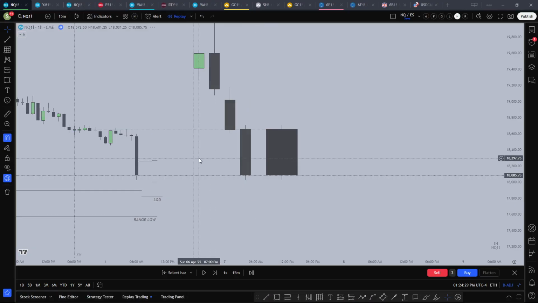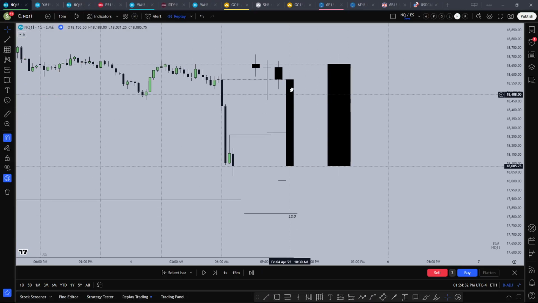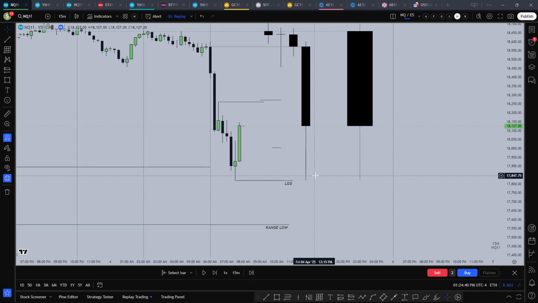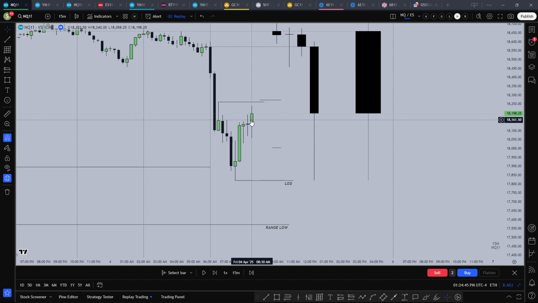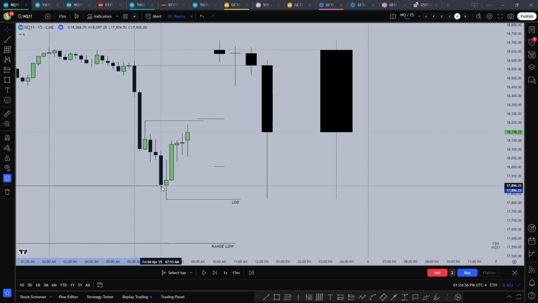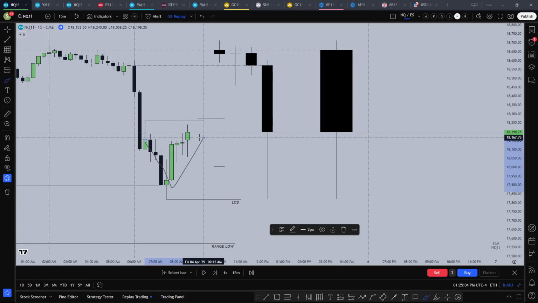Let's get on to the 15-minute. 8:30 comes NFP. This is an objective, and this is a range low objective. NFP comes around 8:30. So this is a clear range for me. Price has expanded into an objective, so either reversal, retracement, or consolidation. This looks more like rejection from a level, so I'm framing this as either retracement or reversal.